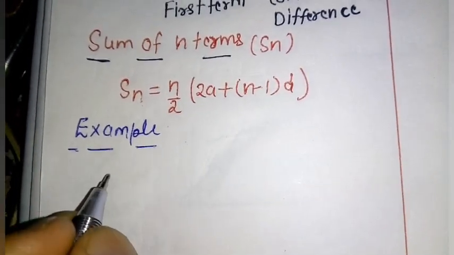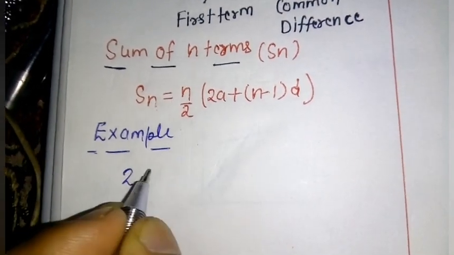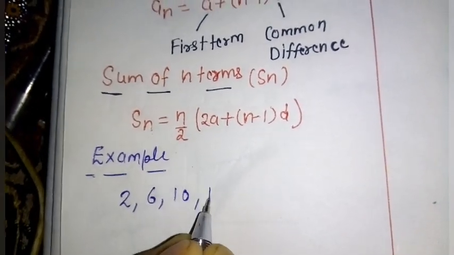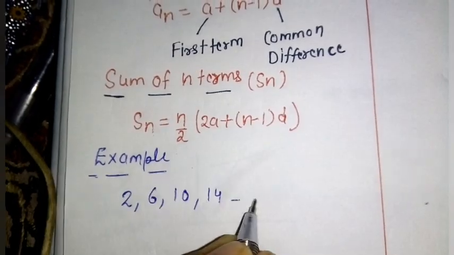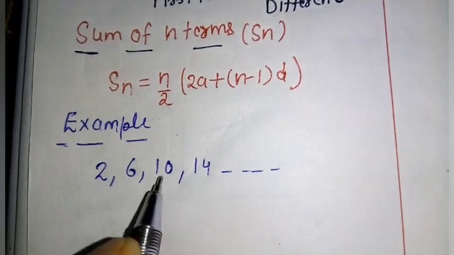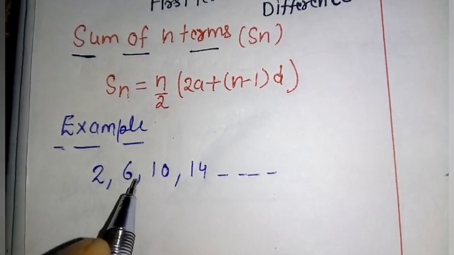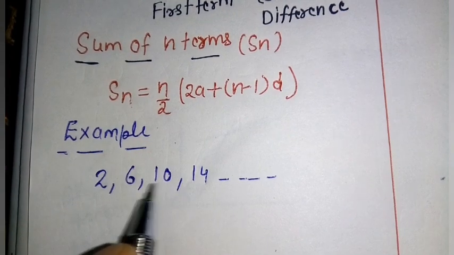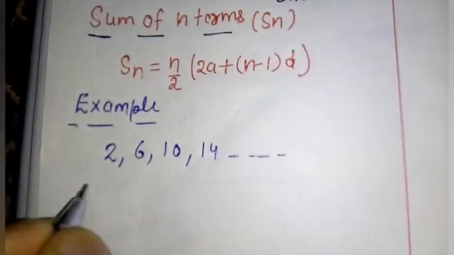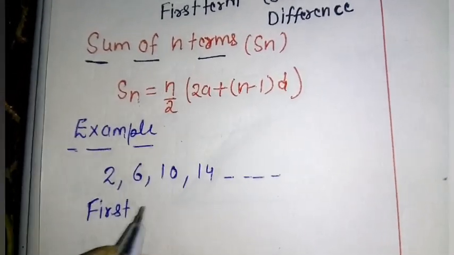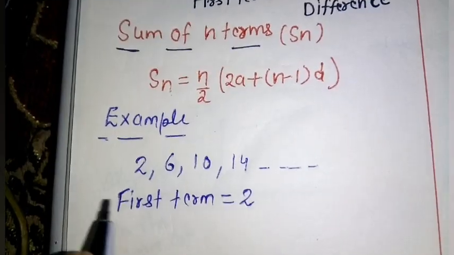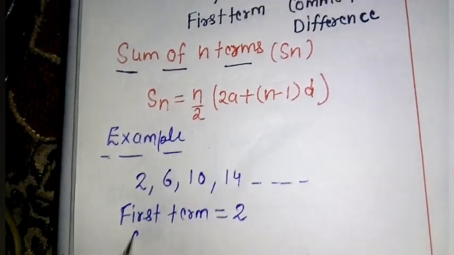हमारे पास कोई सीरीज दी है जैसे 2, 6, 10, 14 and so on. Here the difference between these two is 4 and these two is also 4 and these two is also 4. So given series in AP, so here first term is equal to 2. यहाँ पर हमारे पास फर्स्ट टर्म 2 हो जाएगी